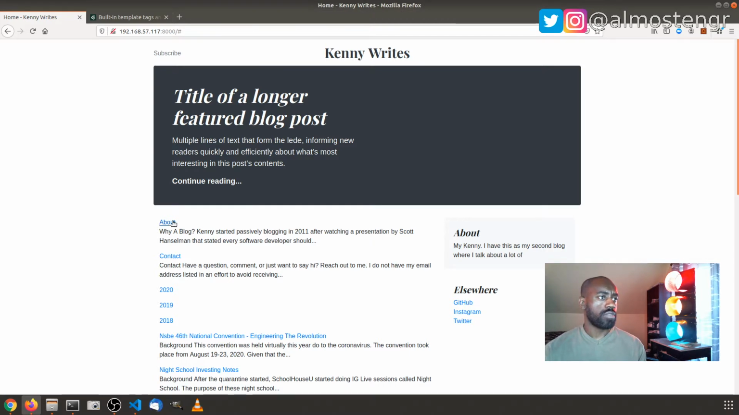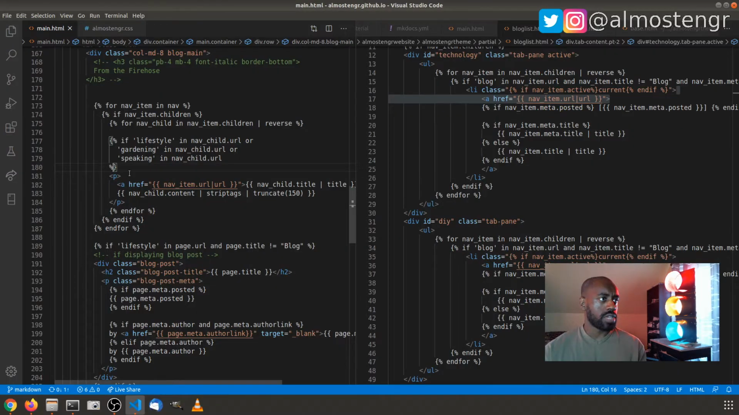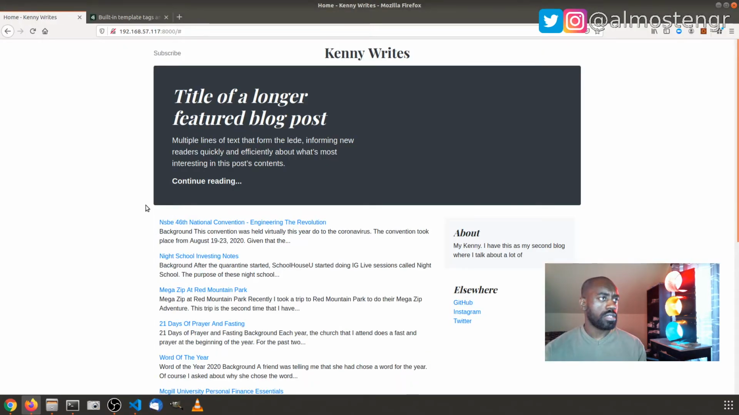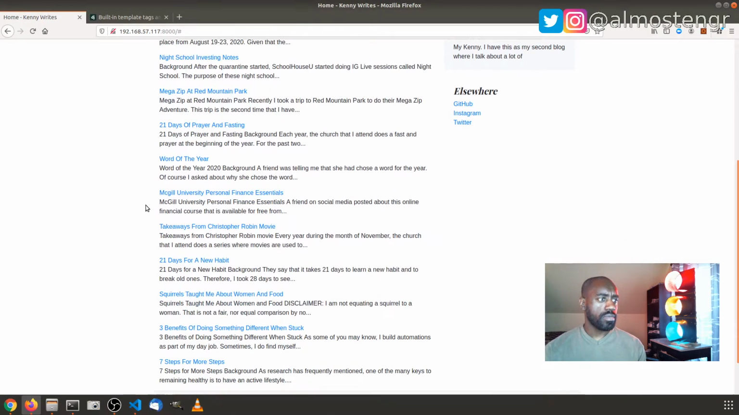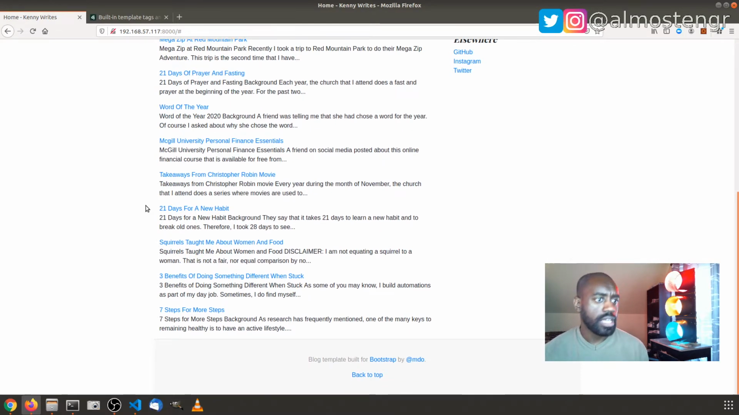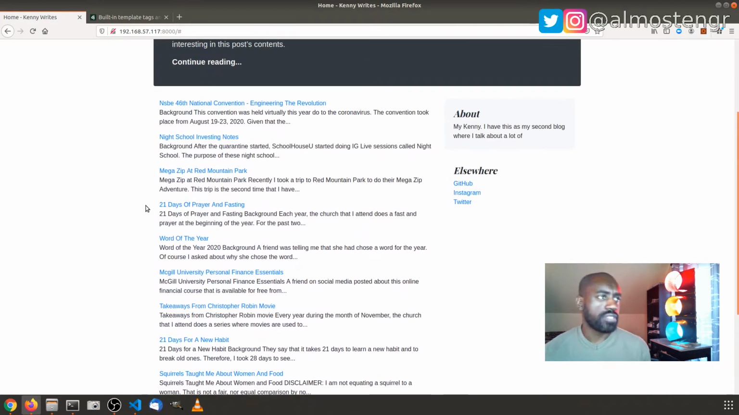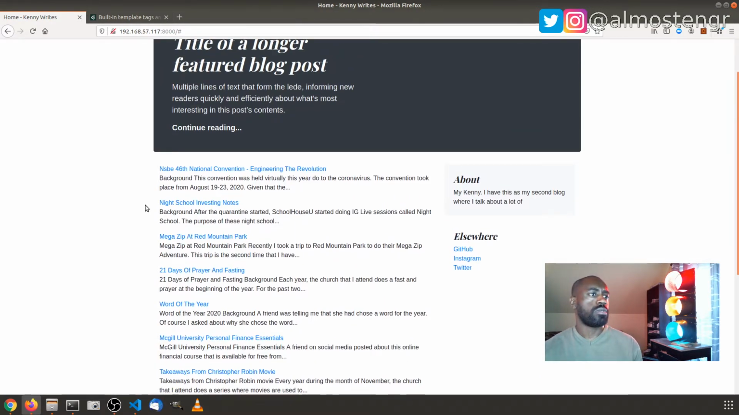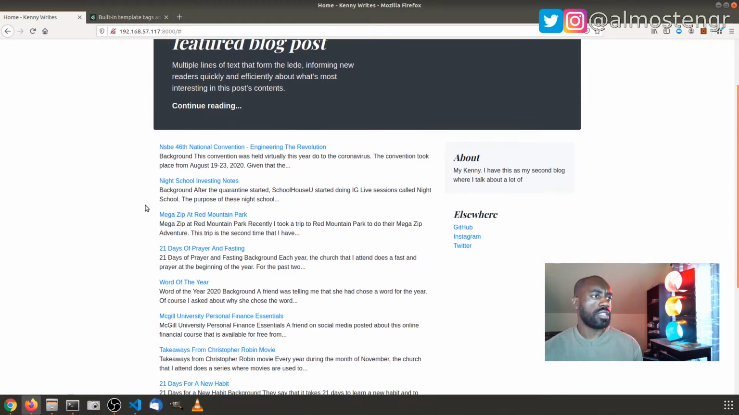So now if we refresh, the about and the contact should disappear, but it looks like I might have a syntax error, I think because I forgot the closing if. So I have a for, so I need the endif there. Let's see if it refreshes. There we go. So now I've gotten rid of the about and the contact pages from the list of blog posts. Now, let's see how we can limit